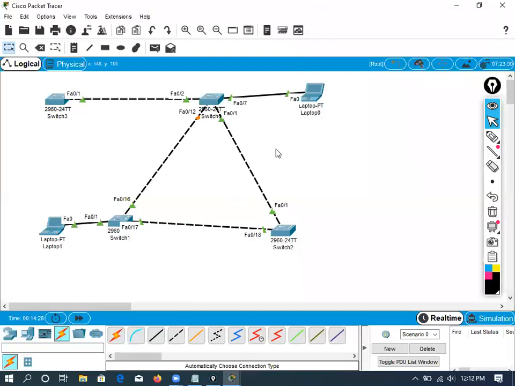Now let's change the link. For example, this is the blocking port, right? Now I'm going to make changes on this. Let's say this is a core switch, right? And I'm going to make sure this switch elects this as a root port. Are you getting my point? As of now, this switch is electing this as a root port, right? But I'm going to make sure this switch now elects this as a root port. How? That's what I told you, I'm going to change the interfaces now.